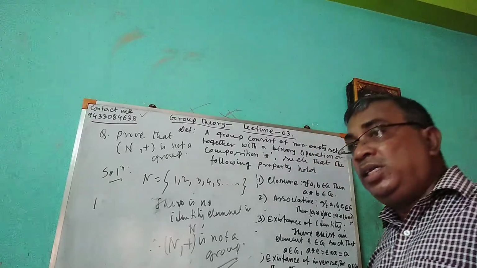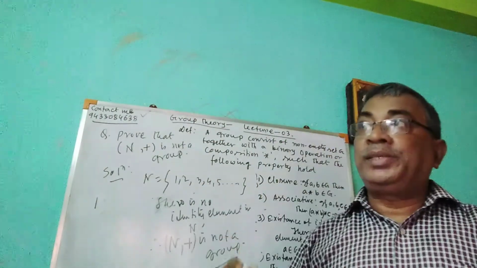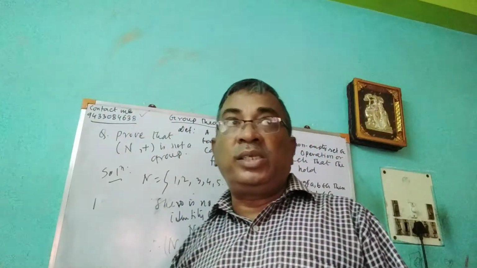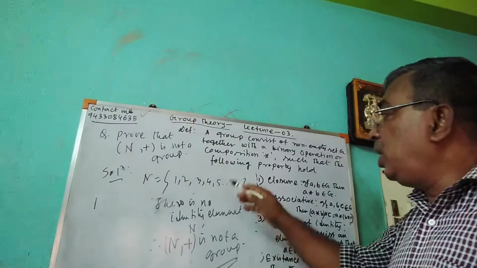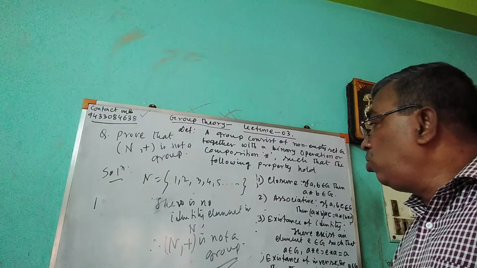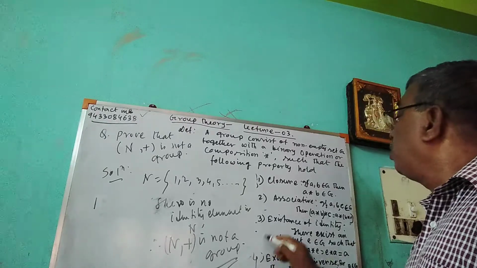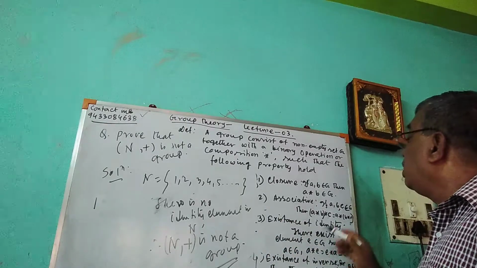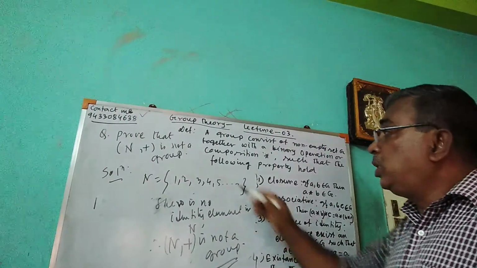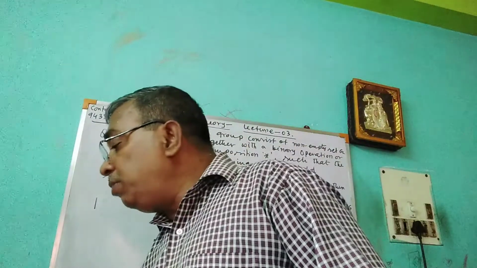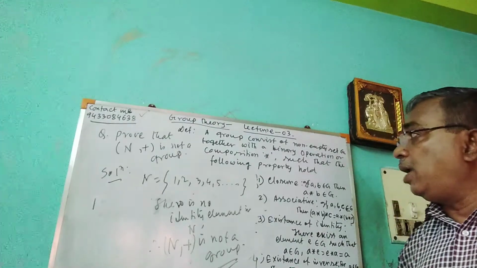In this way, you can check whether N plus is a group, or N into is a group or not, and similarly Z plus, Z minus, Q plus, Q minus. This is the way. We say it is not a group because one of the properties, property number 3, is violated. That is, we are not getting the identity element, so property 3 does not hold. So it is not a group. So this is the clear picture of the group definition along with some examples.